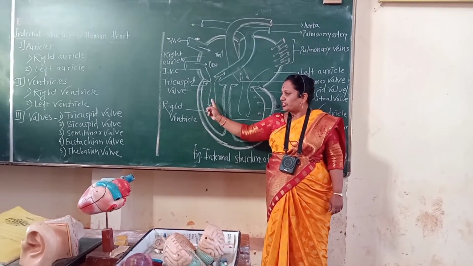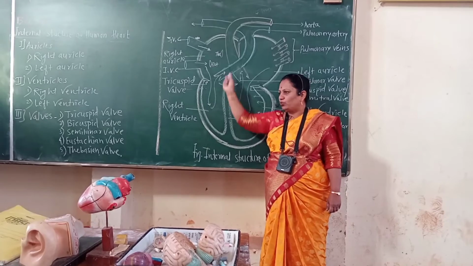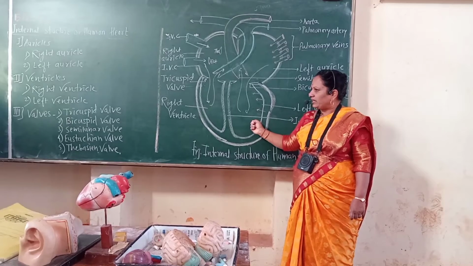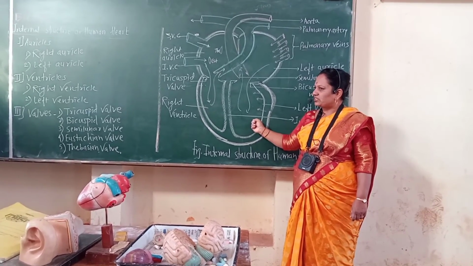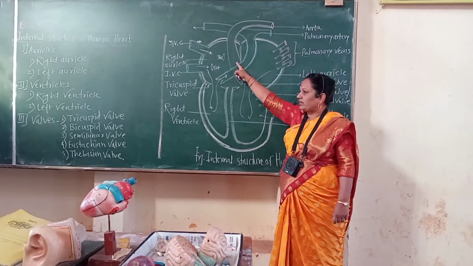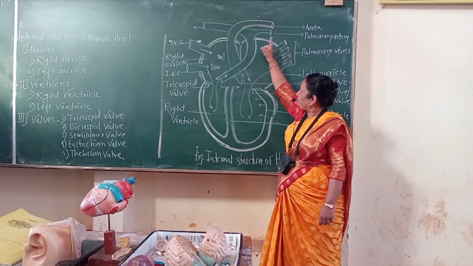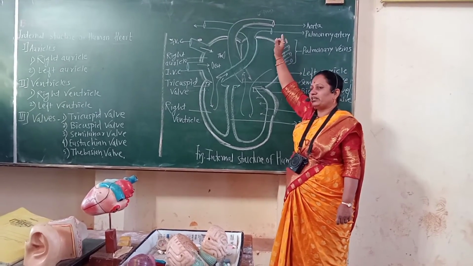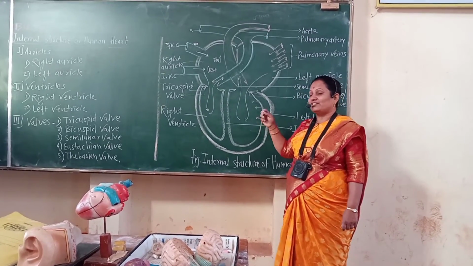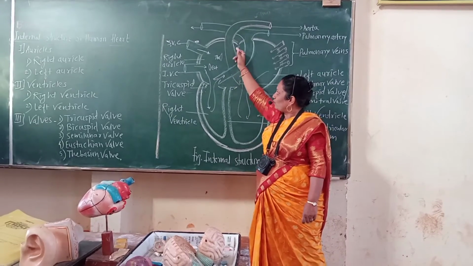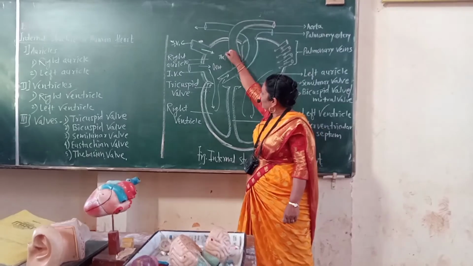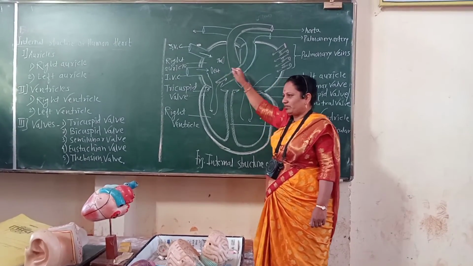Here, which type of blood is present? Impure blood is propelled to the lungs for purification or oxygenation, while left ventricle propels or distributes which type of blood to the body? Pure blood, to the complete body through which vessel? The aorta. Here the main aorta is there, and that aorta supplies blood to the body as well as to the wall of the heart. And that wall of the heart also gets supplied with pure blood, and that is through the coronary sinus, which supplies pure blood to the heart, and at the opening of the coronary sinus there is the Thebesian valve.